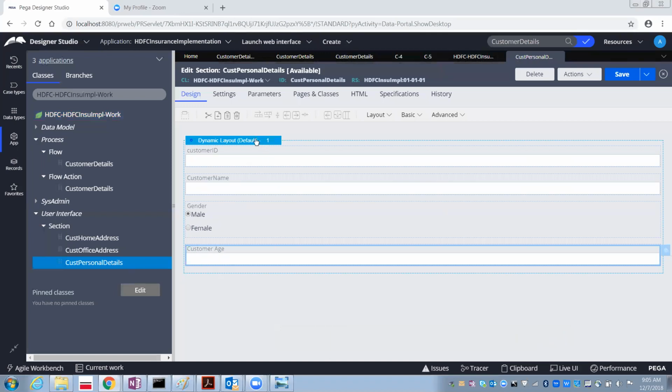Okay. And one more thing: now I want to change these column sizes and display them one by one like this. Instead of the customer ID, then name, then gender, age, I want to change this into 2 columns. So how can you make it into 2 columns? In that case, I want to apply this for the entire layout, so select the entire layout. Select this dynamic layout and double click on it.